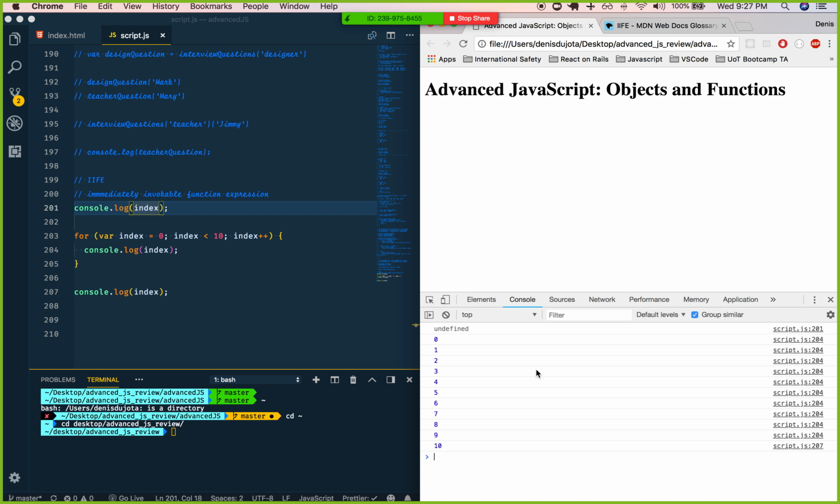Or 9. You're going to get 10. You're correct. Here's the reason. You see here, undefined. Here, it's 10, because it's gone through the loop. Now, because it starts at 0 and you add 1, right? So,